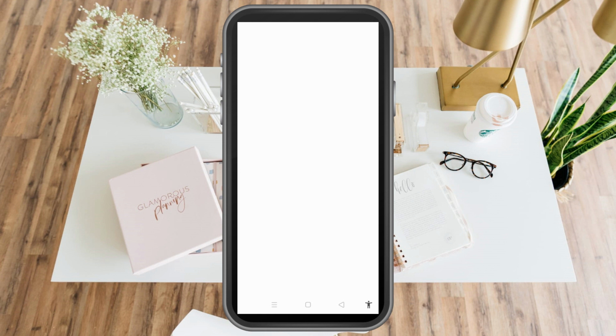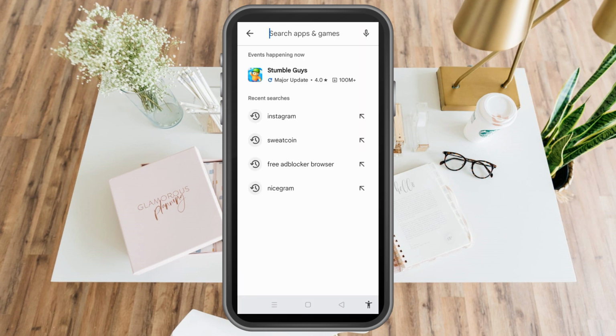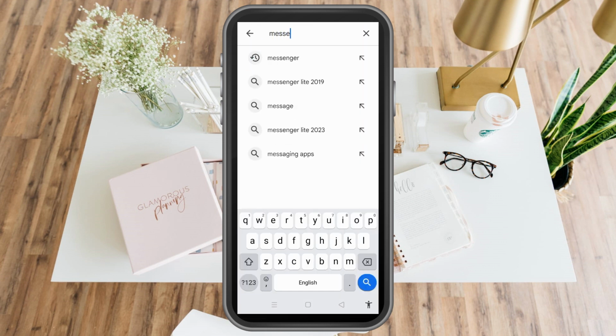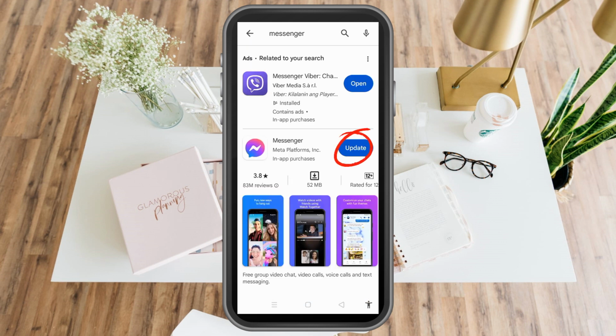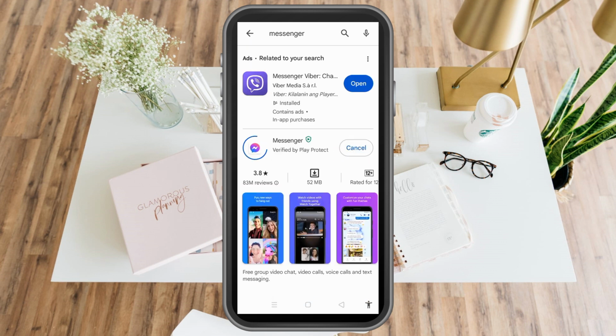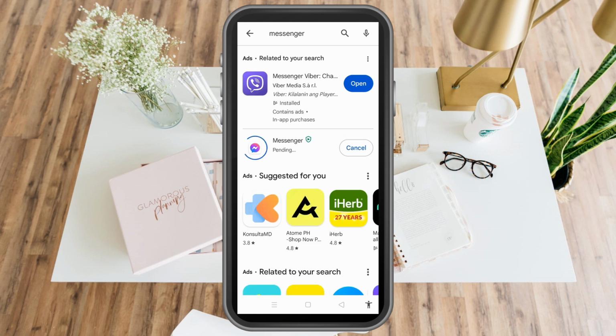So you have to make sure that you are using the latest version of your Messenger application, or that this application is up to date. If not, click Update. Okay, wait as it is processing. Once done, click Open,